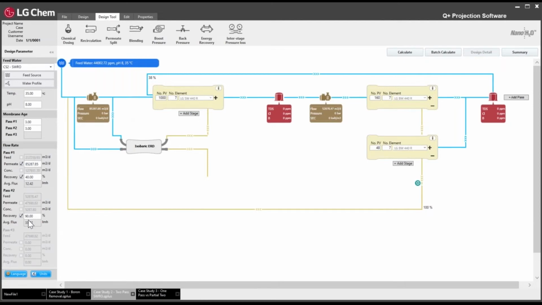another thing that we want to adjust is the second pass. So the flux is at 33 LMH. We want to target the low 30s just because we want some room when we change to N-1 operation. So we do want to increase the number of pressure vessels. So for here, let's change from 48, let's go to 56. So it's still divisible by 8. And for 160, instead of 160, maybe we want to go to 168. So when we hit calculate,